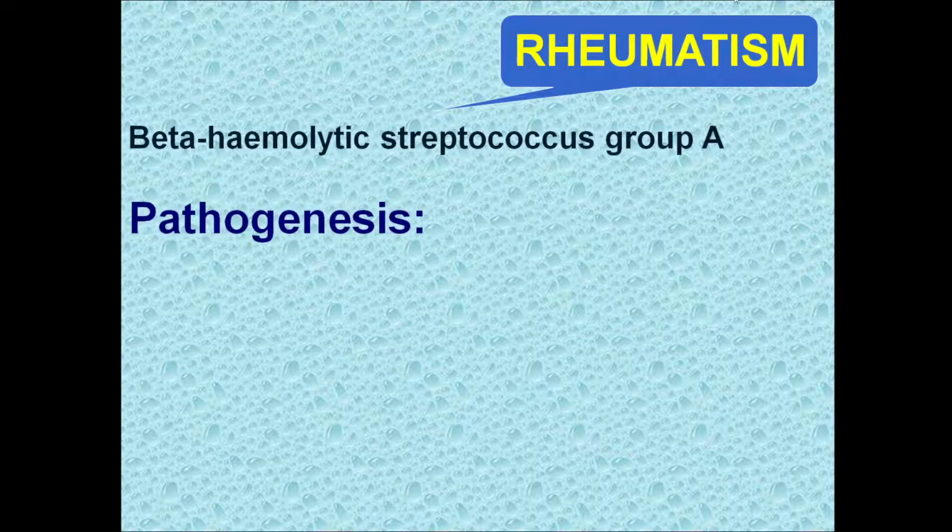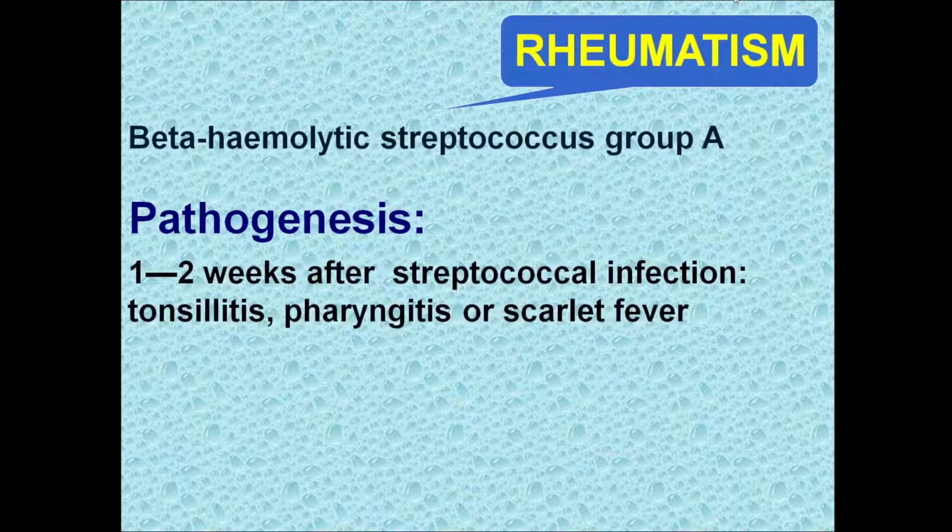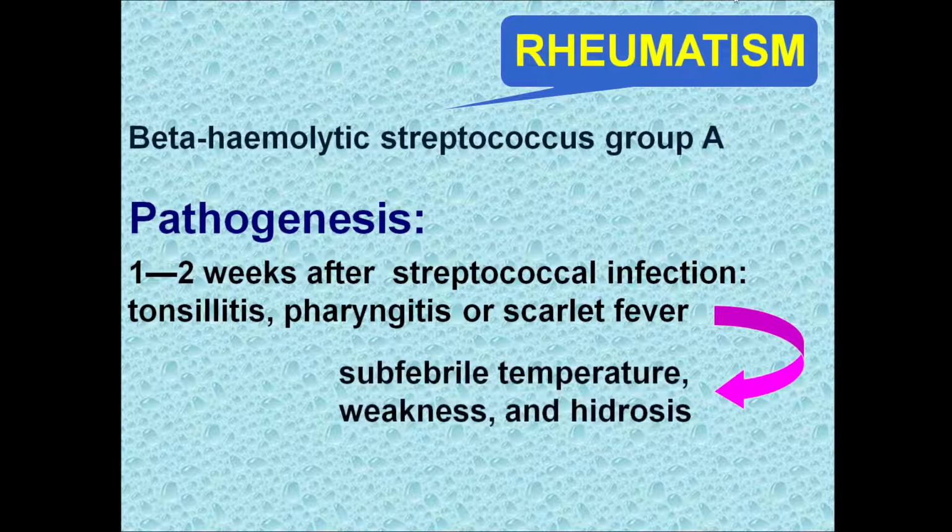And after the primary infectious process, which first of all localizes near the tonsils and manifests with tonsillitis, pharyngitis, or in scarlet fever in the younger period, when the subjective condition of the patient becomes better and he decides that he is healthy, after 1-2 weeks he again comes back to the doctor with subfebrile fever, weakness, and hydrosis,